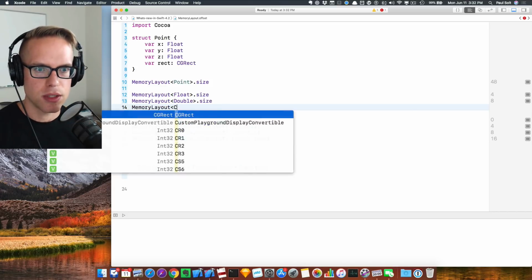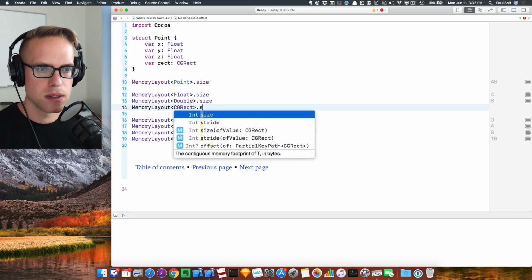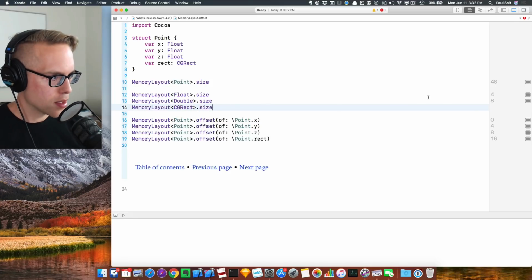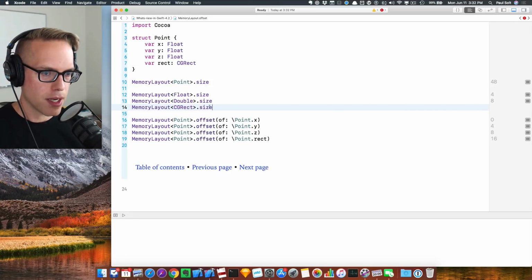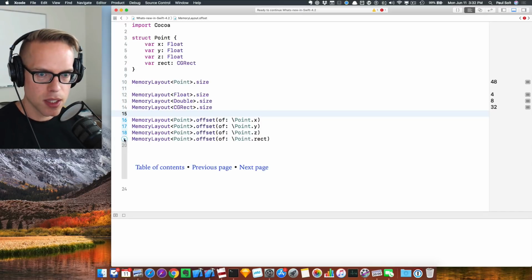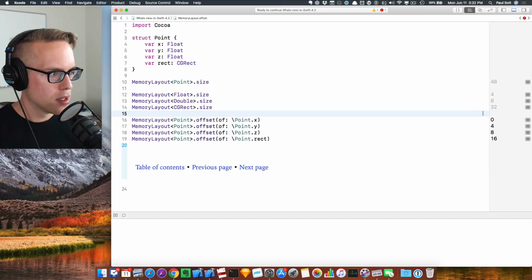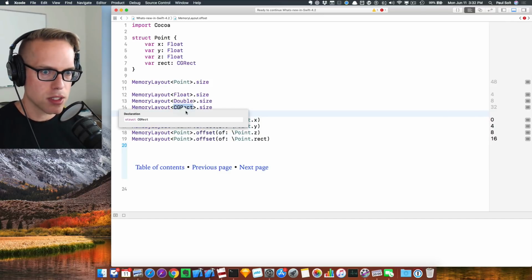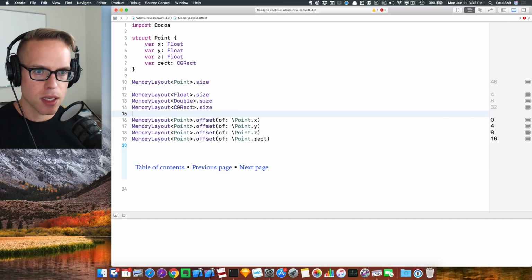And the size, if we want to look at that, we look at memory layout for a CGRect dot size, we are going to get a value. If I do shift enter, it should run that line. So we'll see that's 32. And I can click down here to run this. So a CGRect is 32. And why is it 32? Well, if we can,